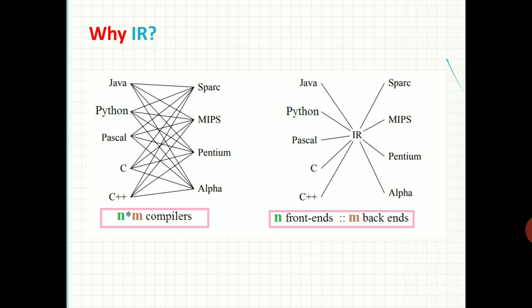So if you are developing a new language, you only need to convert it into the intermediate representation, and from that we can convert to any new platform or any other platform. That is the advantage of using the intermediate representation.